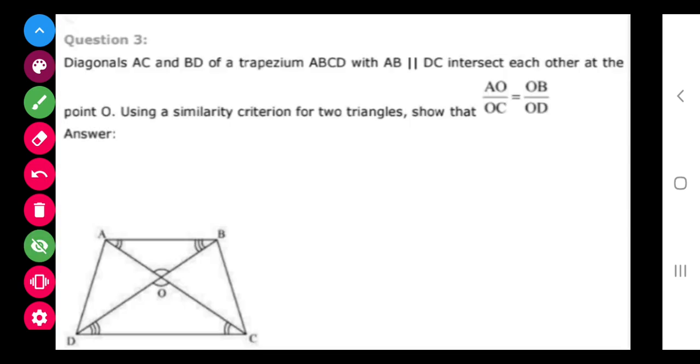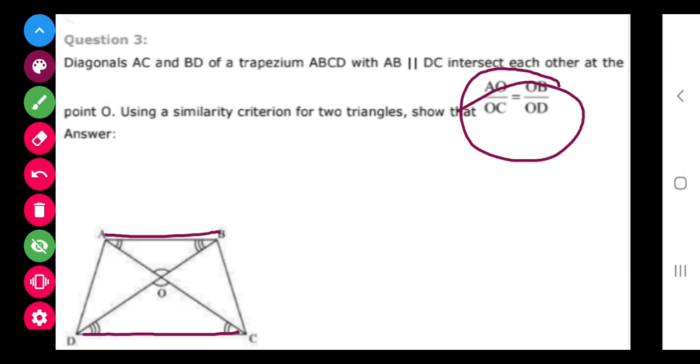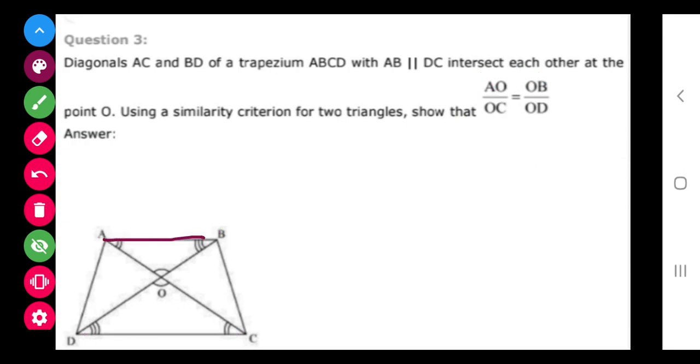Now class, question number 3. It is given that this is parallel to this and we have to prove this. So class, first of all, if this is parallel to this, then this angle and this angle are alternate angles. This angle and this angle are again alternate, and this is equal to this opposite angle. So you can say that